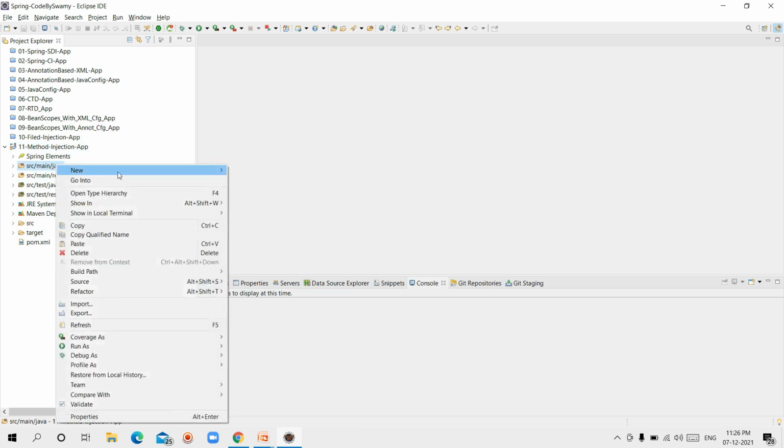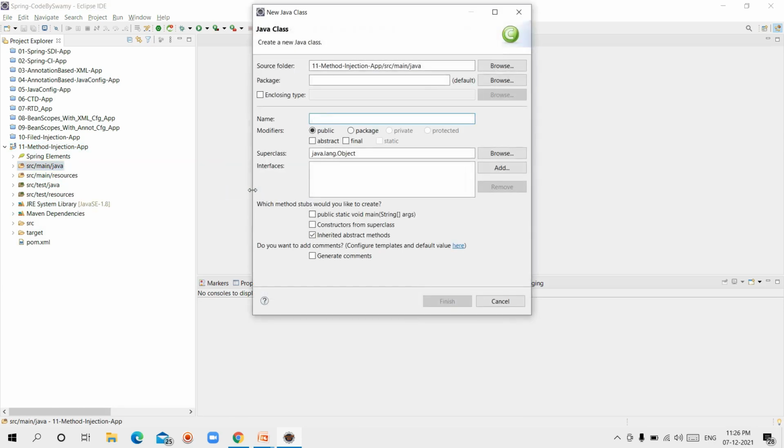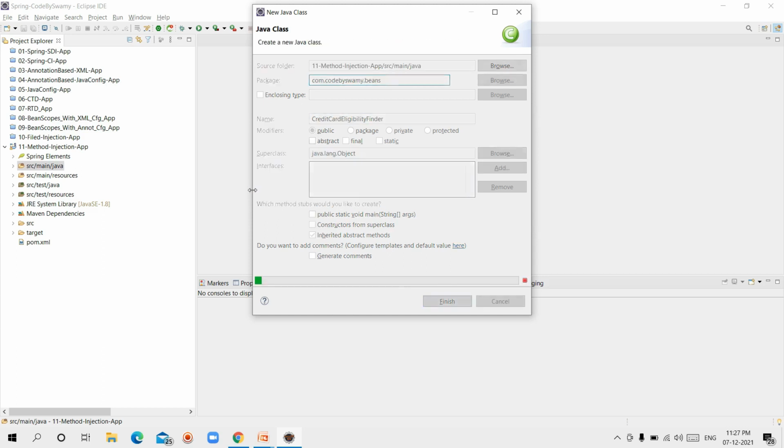Right click on src main java, new class. This time I am creating one class like CreditCardEligibilityFinder in com.codebyswami.beans. Finish.